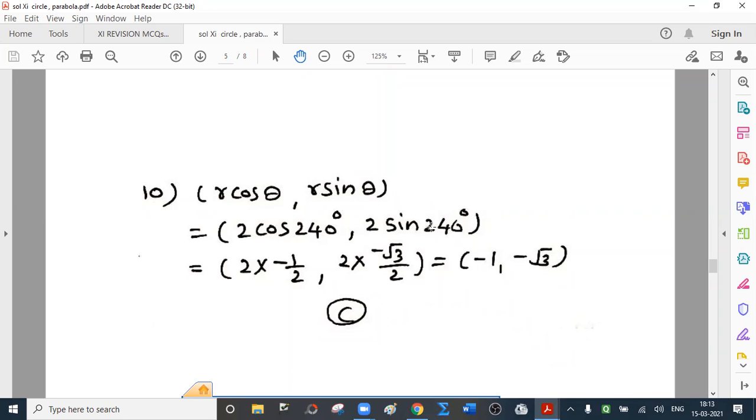Sine 60 degrees. Still many students say, sir, we will write 1, 2, 3, we will divide by 4, we will take the root and so on. See, you have to complete the solution in less than 90 seconds. I'm talking about CET. And if you spend 40-50 seconds just to find sine of 240 degrees, you won't be able to complete the paper, right? I have explained that also, how to obtain trigonometric ratios of allied angles. So this is minus root 3 by 2. So minus 1 minus root 3. Correct option is C.